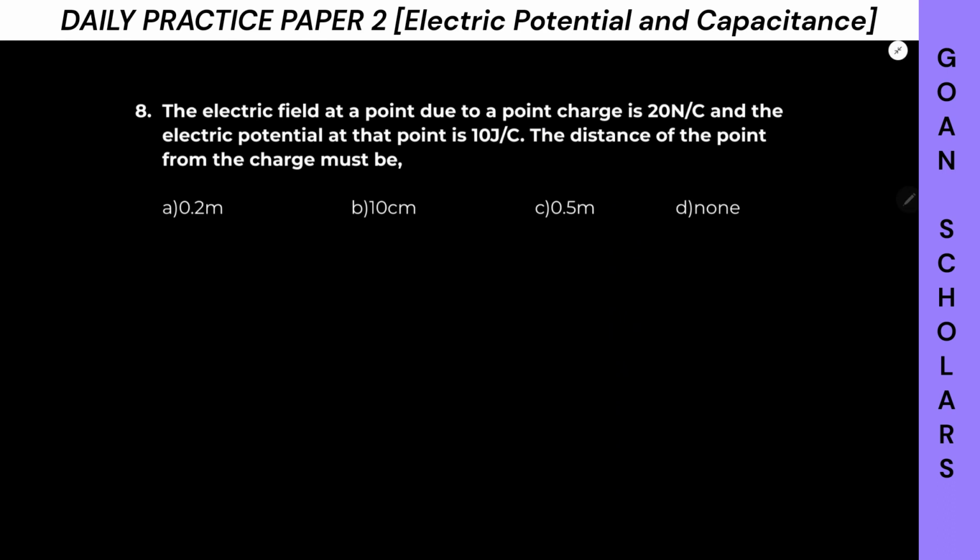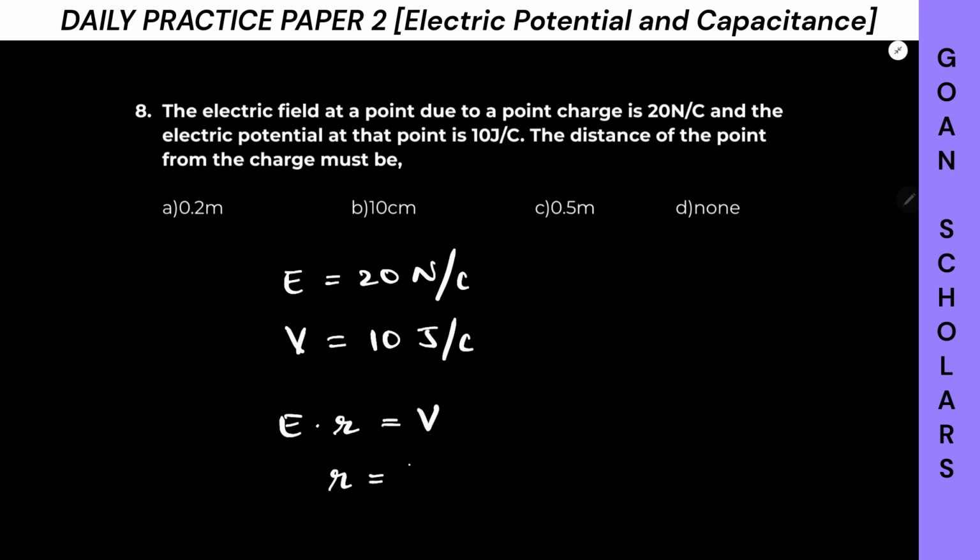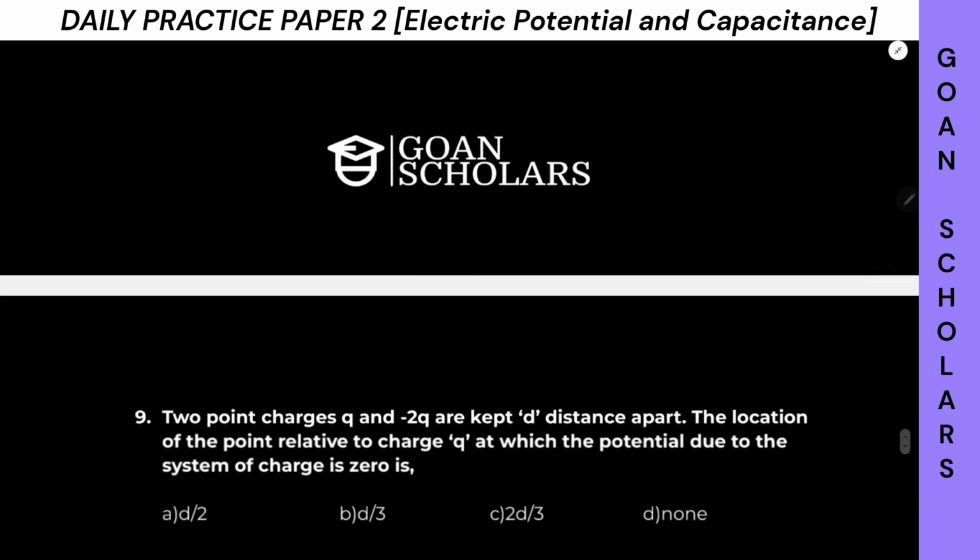Question number 8 says the electric field at a point due to a point charge is 20 Newton per coulomb. So electric field E is 20 Newton per coulomb, and the potential V is 10 joules per coulomb. The distance of the point from the charge, so we have to find R. We know that electric field into R is equal to potential. So R is potential V by E. And what is V? 10, and E 20. 1 by 2, 0.5 meters. Correct option is option C. Let's move to question number